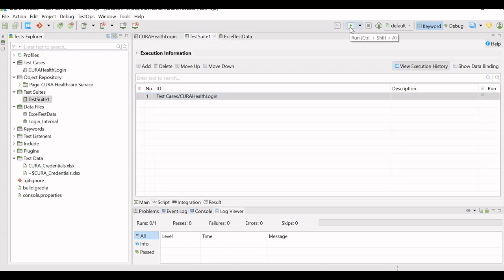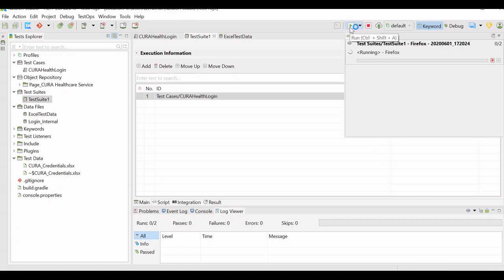Now this test suite will be executed twice, one with the correct or valid set of credentials and one with the invalid set of credentials that we have given in the Excel file.